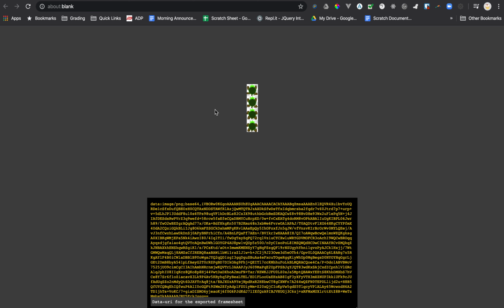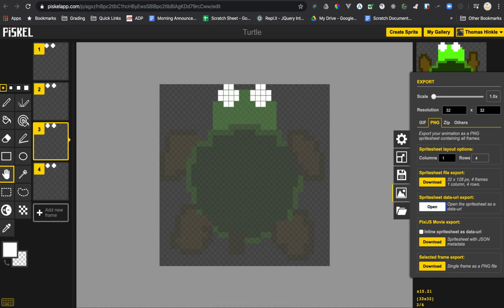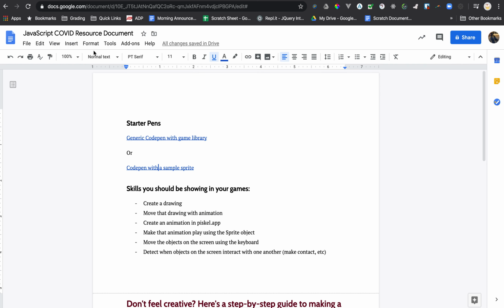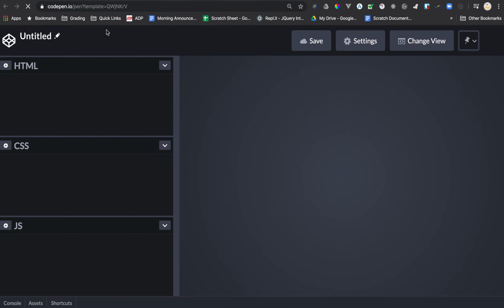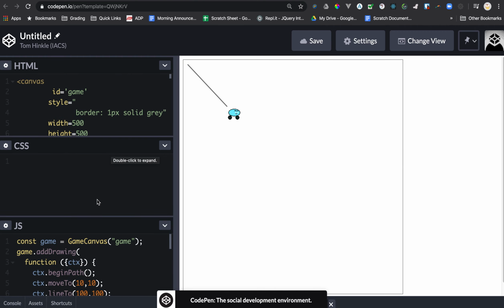We open that URI, we get this magic thing, and we're going to copy it. I copied that with Control C. All right, now if I come back to my library here, I've got this CodePen with a sample sprite, which is all set up to make this easier. If you want to start from scratch, you can use the fuller video that I have. But in this one,